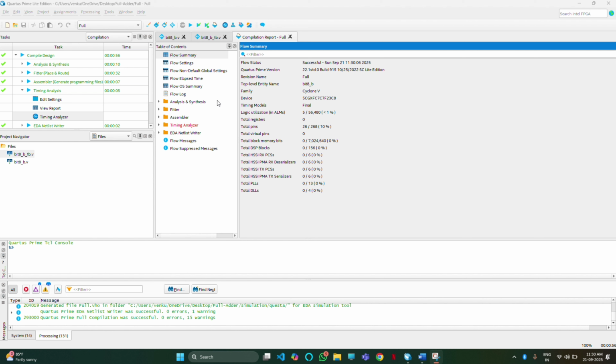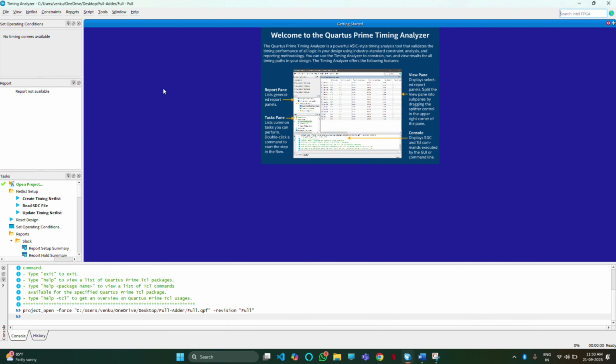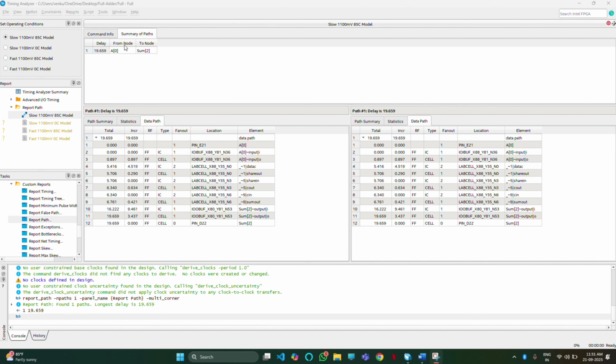So once the design is compiled successfully, we can see the number of ALMs used is going to be 5 and the total number of input output pins used are going to be 26. Let us now see the critical path of the design. So the critical path for this particular design is going to be from A0 to sum 2 with a delay